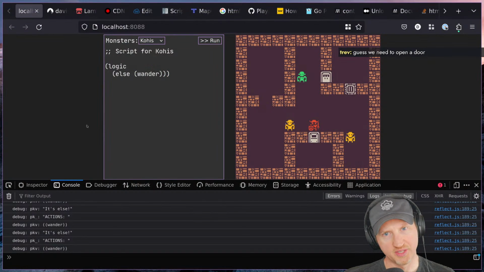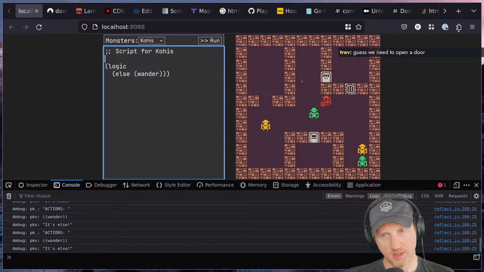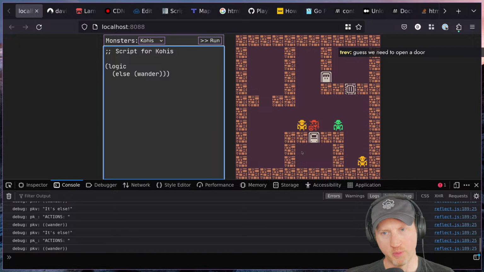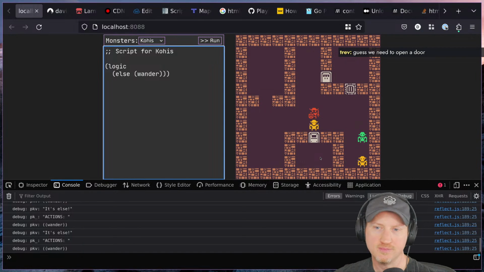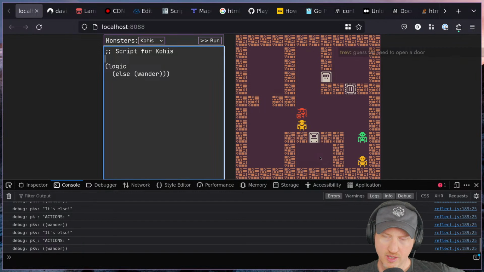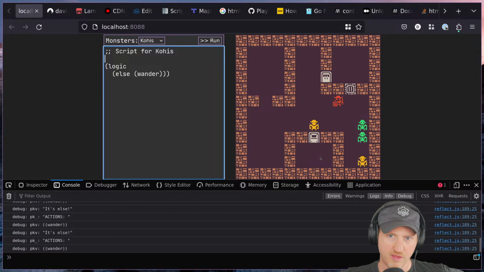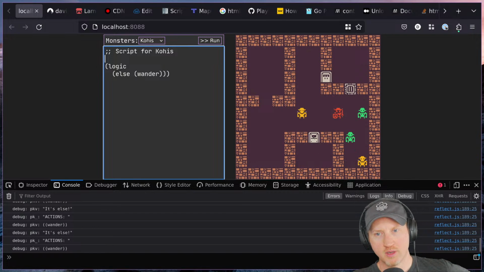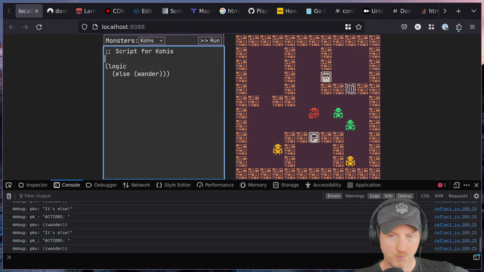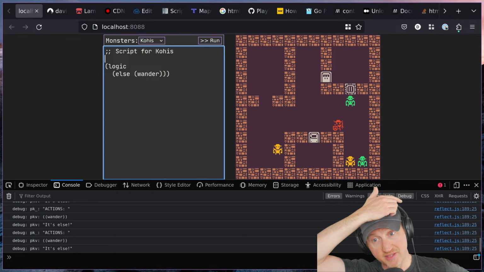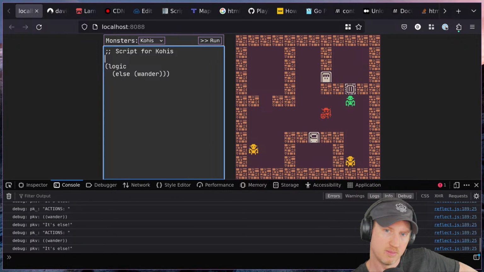I guess, so let's think about that for a moment. If they're trying to go from one place to another, should they just automatically open a door? We haven't implemented doors yet. I don't think it would be necessarily that hard. In the process of an A star algorithm, if there's a room in the middle of the map and it has a door, you could go through or you could go around it. A star might decide that the shortest path is not through the door, I guess. But it could go through the door, and if the direction has a door, they could open the door, but maybe they'll just do it automatically because